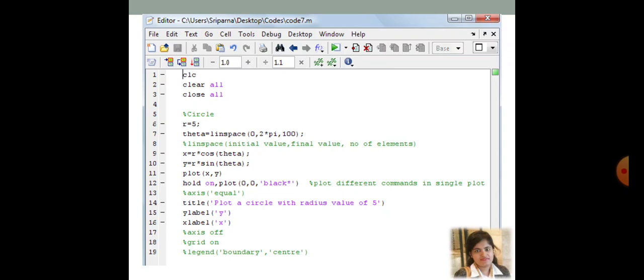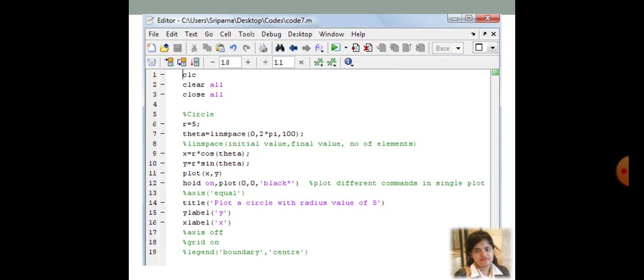You can write xlabel first, then ylabel, anything you can do. You can even first write the labels of the axes and then give the title of the figure. It is not going to give any other type of result, so line number 14, line number 15 and line number 16 can be in any order. In line number 15 and 16, the x and y axes have been given labels, and whatever is within the single quotation is the string. Okay, you can write anything.